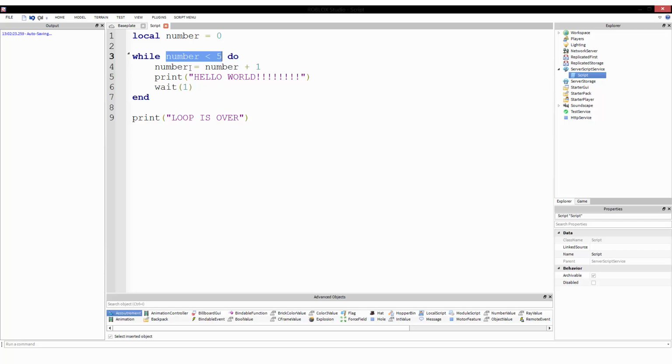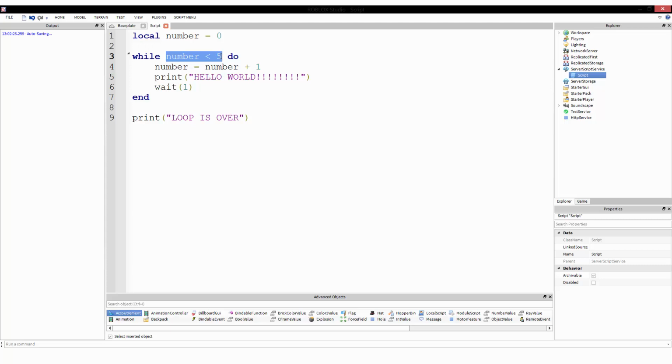Anyway, so the number, as soon as it hit 5, it stopped because it was no longer less than 5. It stopped printing hello world. And we noticed that after it printed hello world 5 times, that is when it printed loop is over. So the two things we can draw from this is, one, that the condition does in fact change, and you can change the value of something that's outside of the loop from within the loop, and that can cancel the loop. We learned that, okay, yes, this condition reevaluates itself every time through the loop, and if it becomes false,